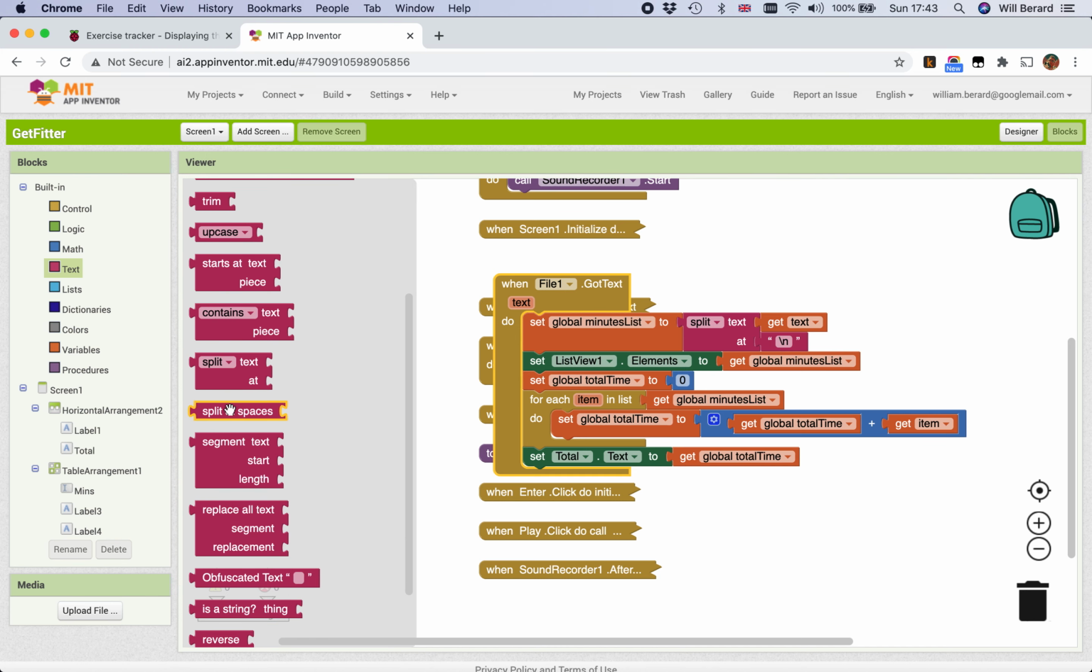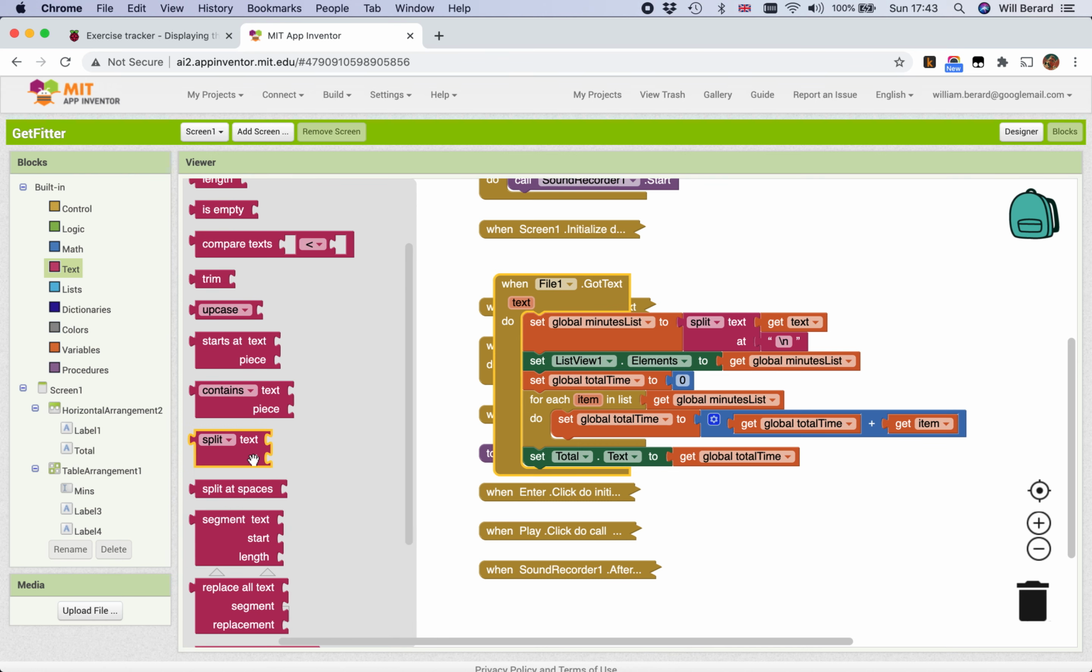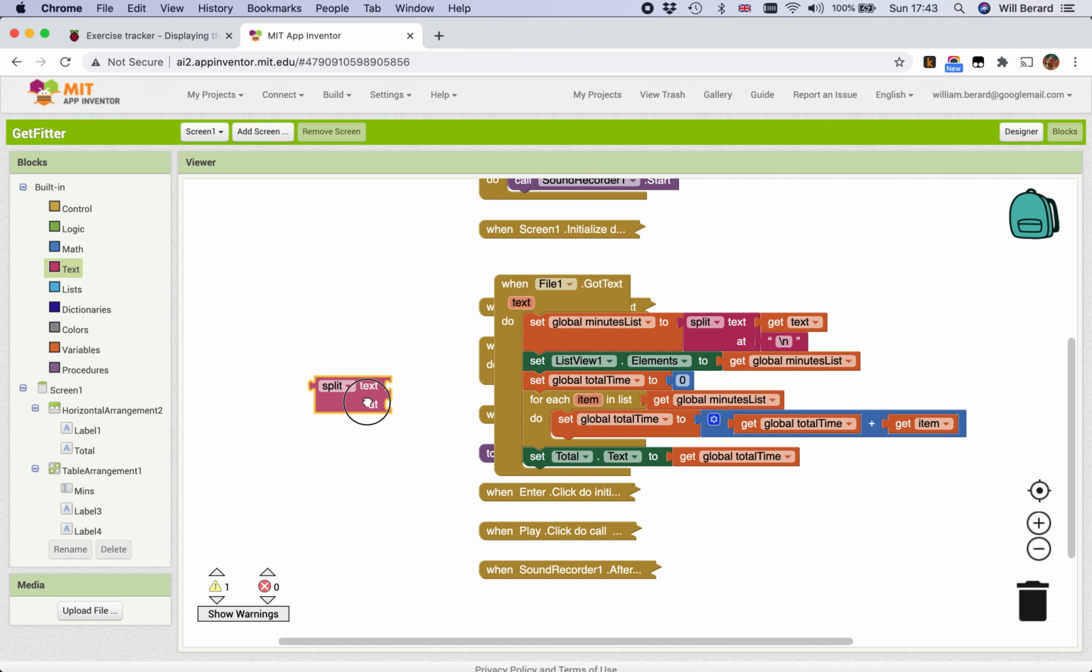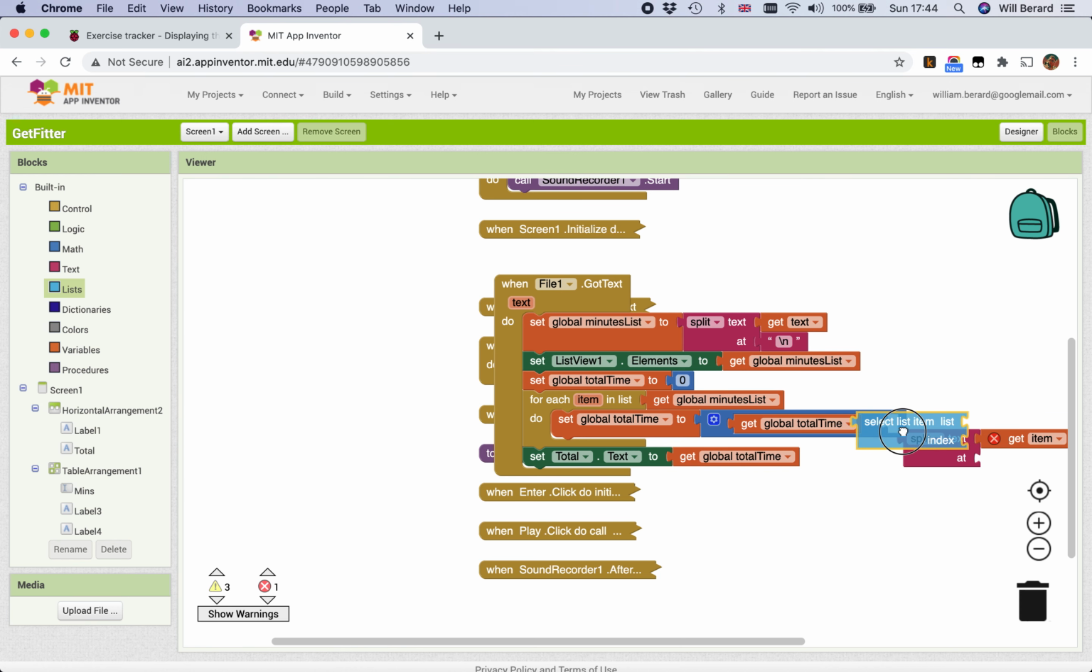Split at spaces. No. Do I want split at spaces? Is a string, reverse, mapping. It's weird because it's kind of type but not type, right? So in here, we're going to split item at space. Oh, list. Yeah, this is what I want, right? Index in list, thing, list, right? No. Select list item, that's the one. Okay. So, select list item